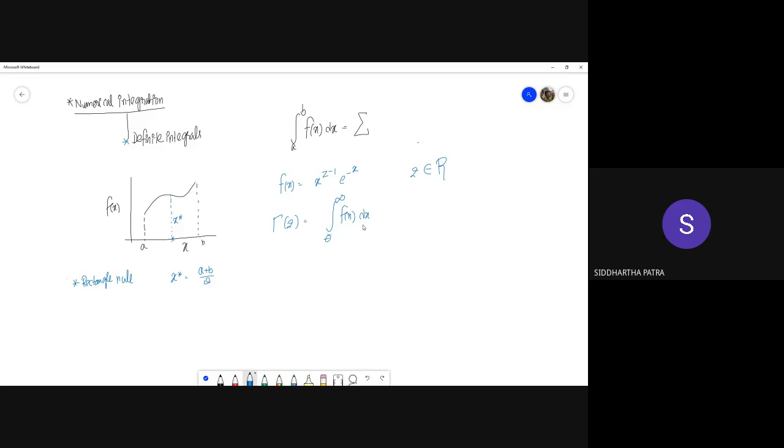There is a first rule for numerical integration also: in order for you to be able to do numerical integration, one should be able to evaluate that function for any arbitrary x between a and b. So that condition is implied. Without that condition, any numerical method for integration would not work. As we discussed earlier, we can evaluate the function for any arbitrary z, so we can evaluate this particular function for an arbitrary x.